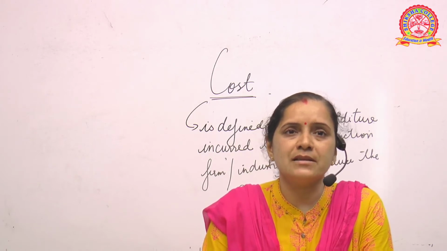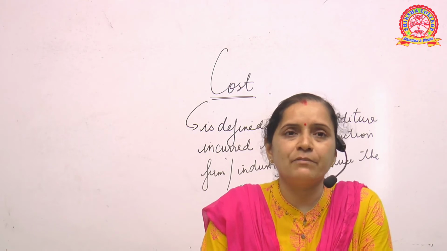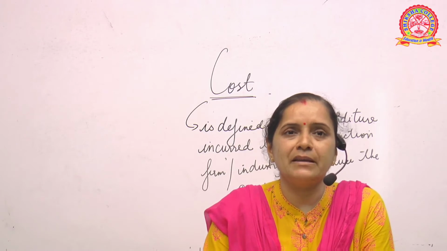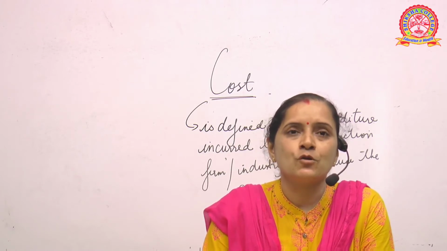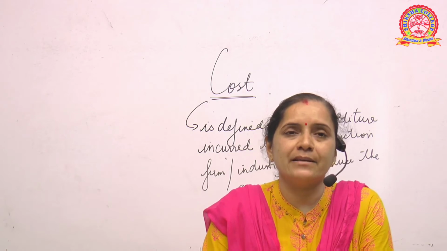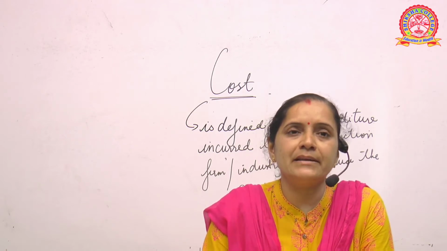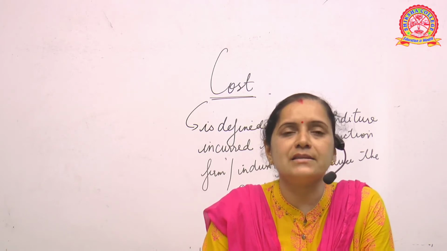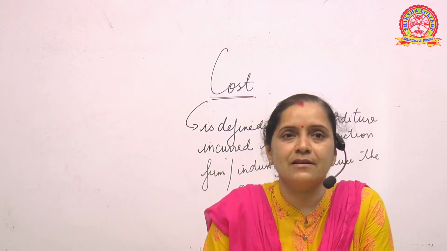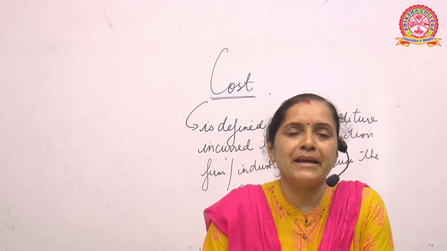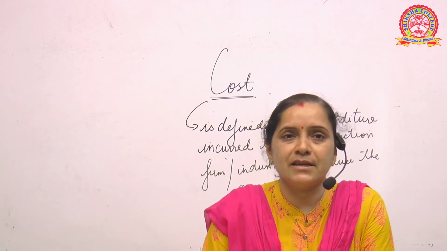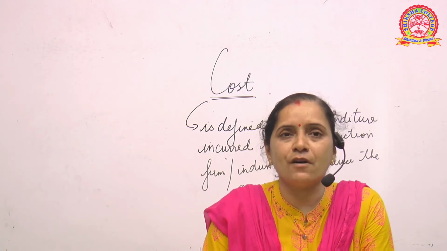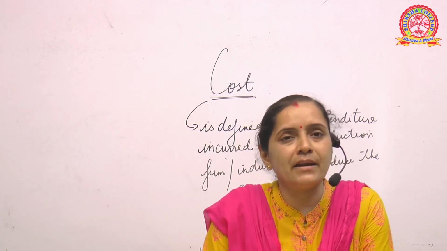Okay, cost means some kind of expenditure is made, some kind of input is done, or some kind of expenses are made or investment is done in the form of money, material, machines, all that, so that the organization is able to produce either the goods or services. Please remember that without considering cost, the organization or the industry cannot start business processing or applications, or it cannot even sustain in the market. So input of cost or expenditure or investing money is very, very important for any business organization.